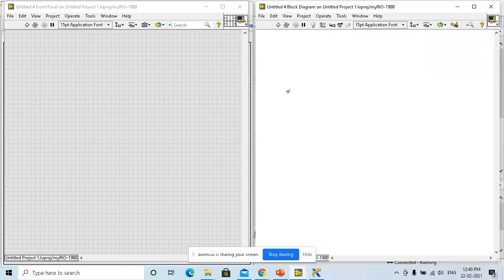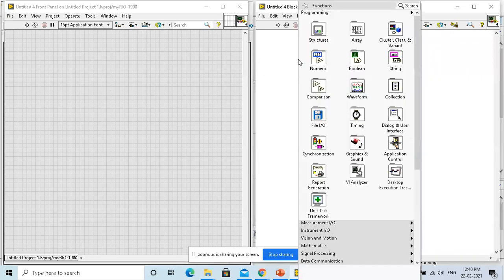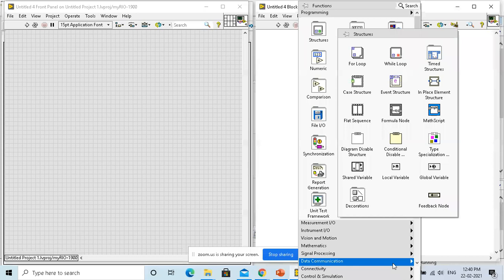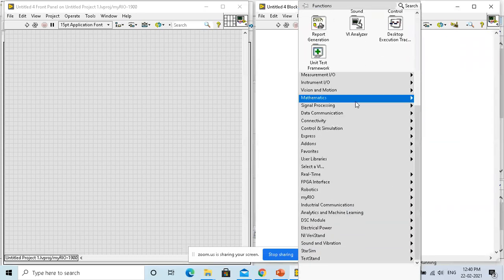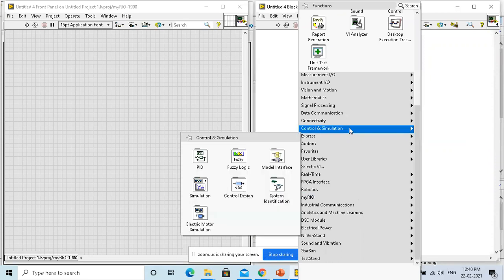Now, first, what I need to do is make my myRIO acquire certain data. So here in front of me, I have these wires available. I'll acquire some sort of data and push it to my cloud. But initially, first I have to check how I can acquire data, right? For acquisition of my data, I basically need to get data from my IO, and that is going to be done.